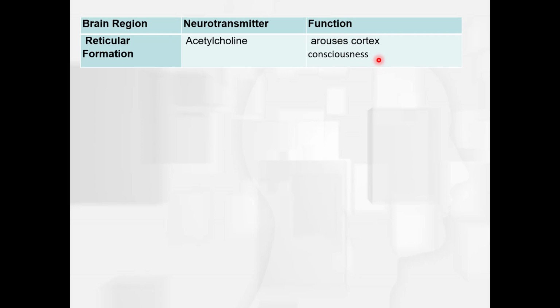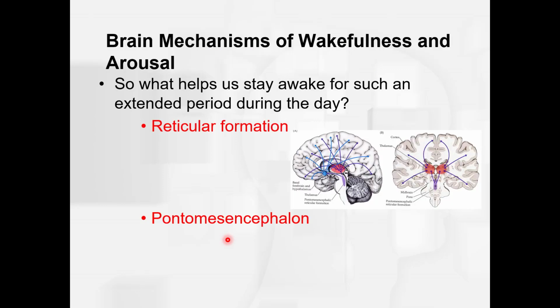So again, remember, it comes up through that hindbrain. It's a bundle of axons. The ascending portion is going to project to that forebrain and arouse the cortex. The next area we're going to talk about is the pontomesencephalon. And so if you look here, this little area here is that pontomesencephalon. It's part of the midbrain, and it's going to also contribute to cortical arousal,